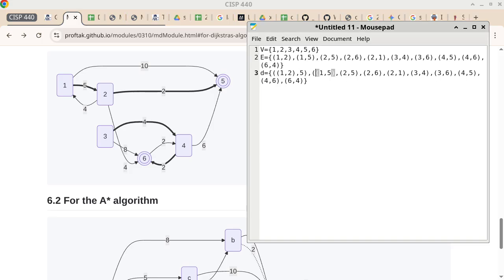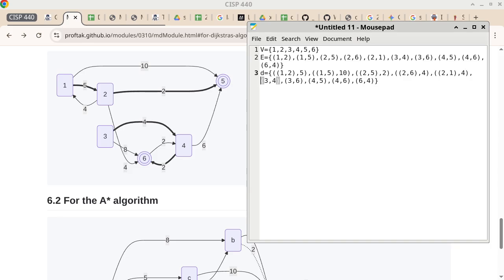And then I look at the next one, 1 to 5 is having a distance of 10, and then 2 to 5 has a distance of 2, and then 2 to 6 has a distance of 4, 2 to 1 has a distance of 4,